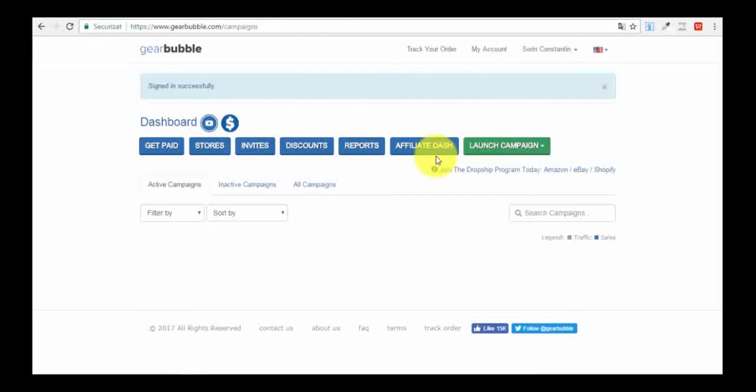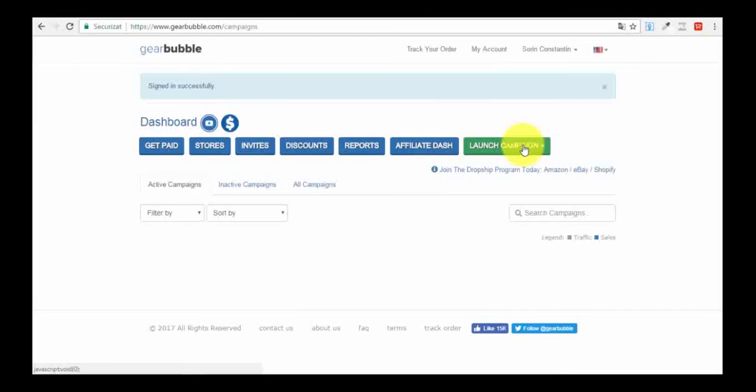Okay, so that's why affiliate marketing, in my opinion, is one of the best ways to go in any type of business. Then you'll see that you have this option here, stores, and I won't go into a lot of detail with that, because in order to be able to access this stores part, okay, for you to be able to create a store on Gearbubble, you need to have at least 3 products live. And how do you put a product live out there? First of all, you have to launch a campaign. Basically a campaign is adding your first product here on the platform to be able to sell it.